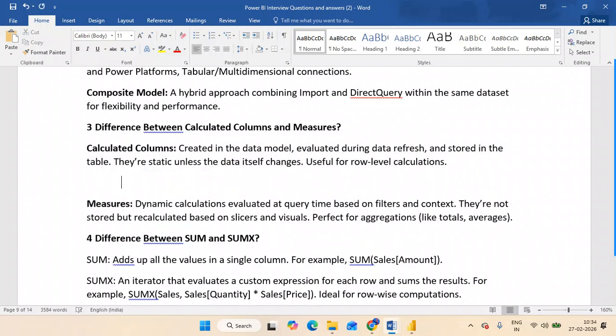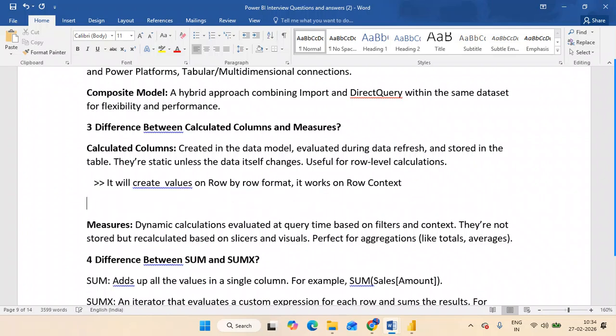If you want to make it in a generic format, it works on row context, row by row. You can explain this in full, or use it in a generic format in this way.